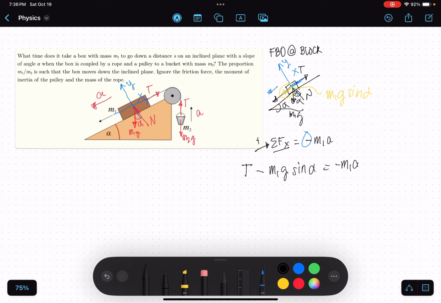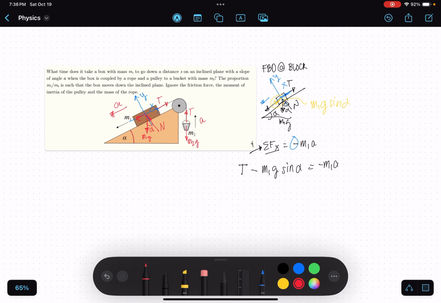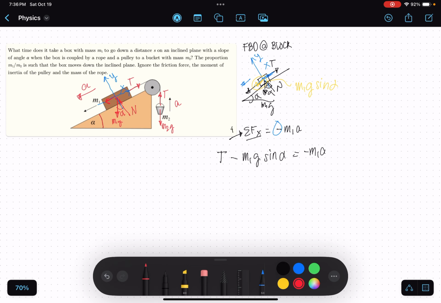So, saan yung M1G sin alpha? Okay, kung balik tayo sa original diagram, ayan po yan. Component po ni weight along the x-axis na yung axis natin na naka-incline. So, what will happen right now, class, is this will be our equation number 1. Okay? So, out of that equation number 1, pwede rin natin kunin yung